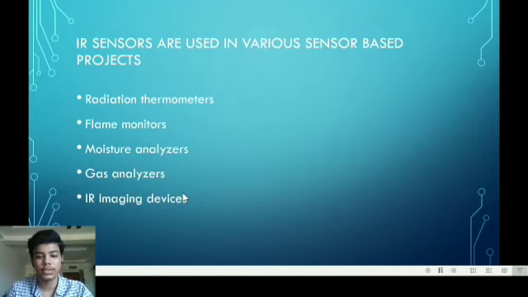Coming to IR imaging devices. IR imaging devices are one of the major applications of the IR waves. Primarily by virtue of its property, it's not visible. It is used for thermal imagers, night vision devices, etc. The most efficient way where IR imaging devices are used is night vision goggles. For example, water, rocks, soil, vegetation, atmosphere and human tissues all emit IR radiation. The thermal infrared detectors measure this radiation in the IR range. It maps the spatial temperature distribution of the object or area on an image.